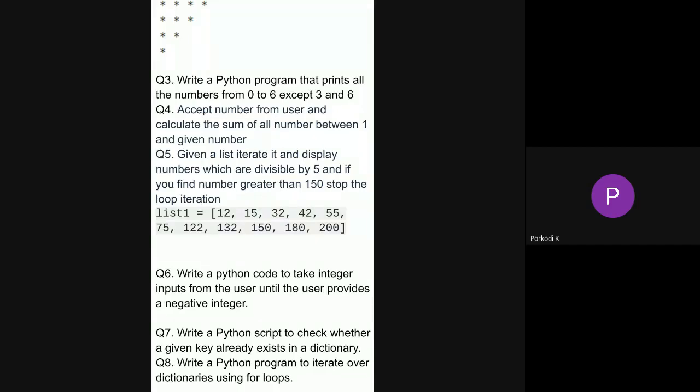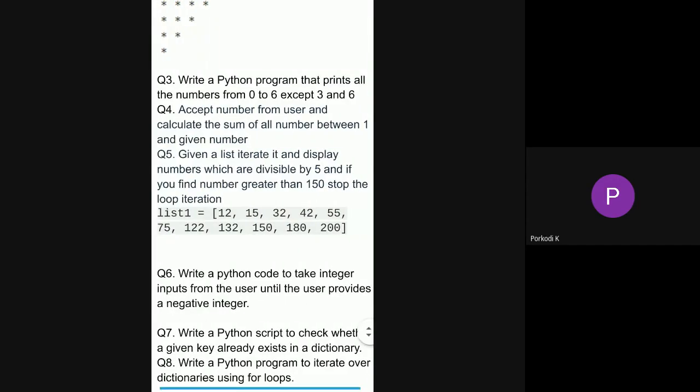If the user gives 10 as the integer, then you have to calculate the sum of 1, 2, 3, 4, 5, 6, 7, 8, 9, 10. So starting from 1, you have to calculate the sum of all the numbers in ascending order, till the number that the user has given you. Okay, so one question, what loop will be used here, while loop or for loop?